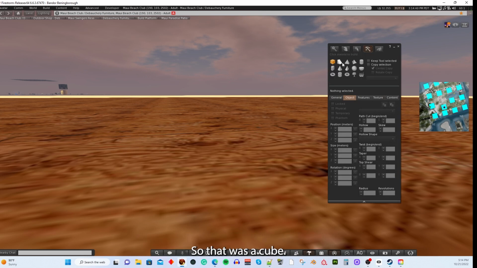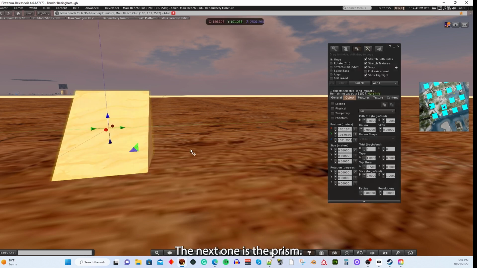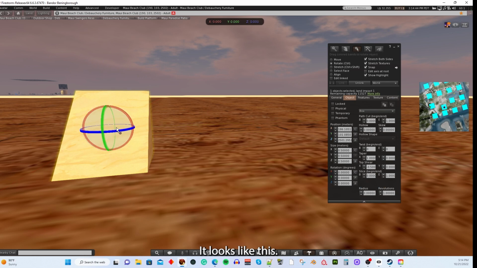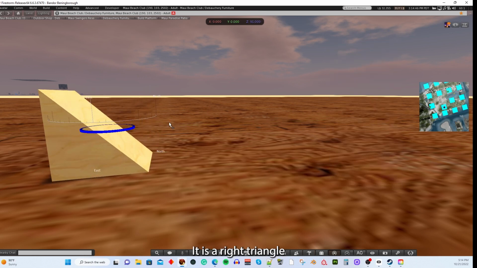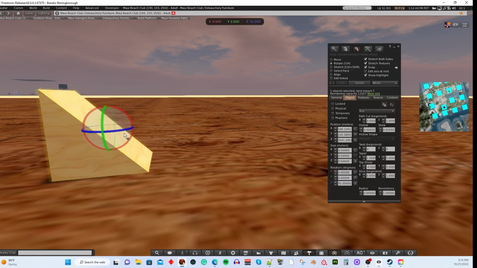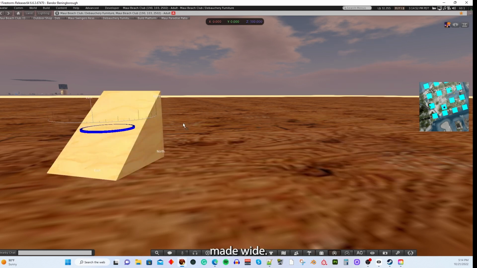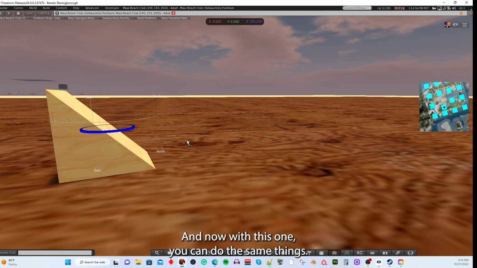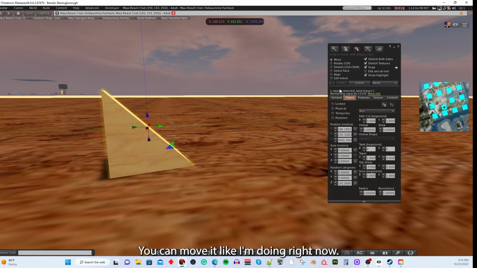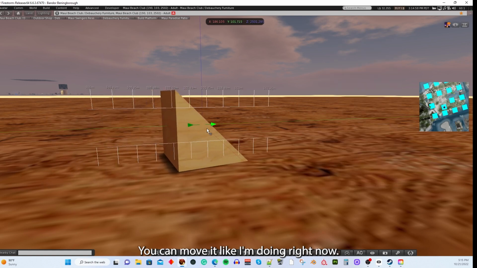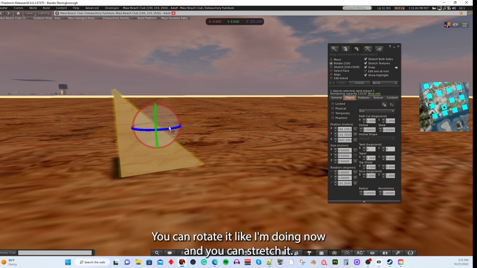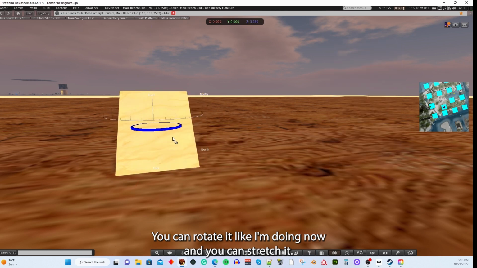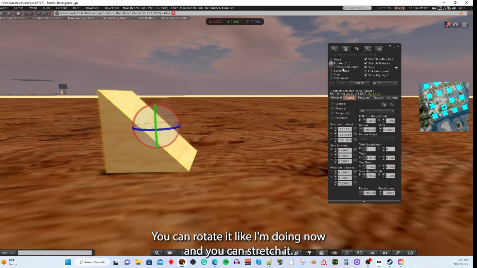So that was a cube. The next one is the prism. It looks like this. It is a right triangle that has been made wide. And now with this one, you can do the same things. You can move it, like I'm doing right now. You can rotate it, like I'm doing now. And you can stretch it. And now when you stretch it,